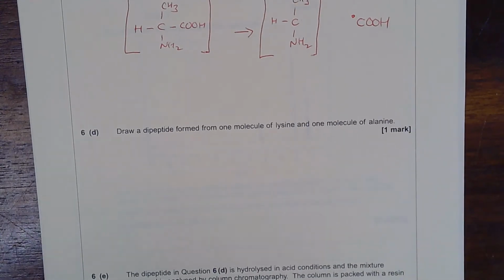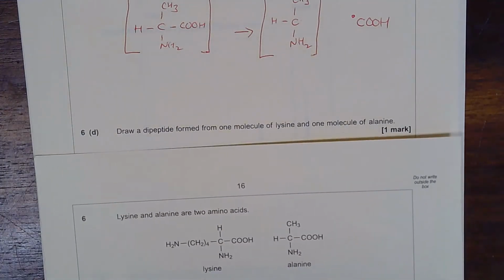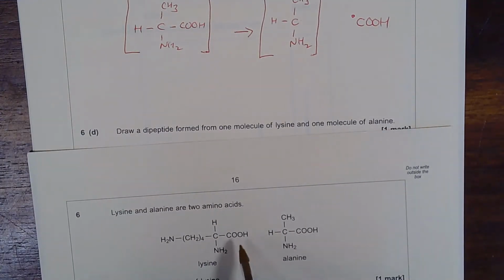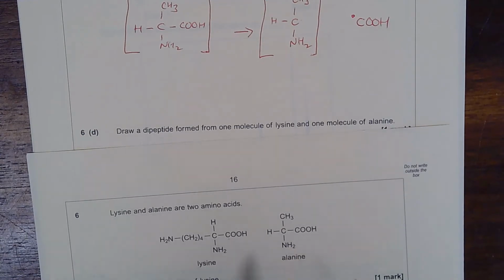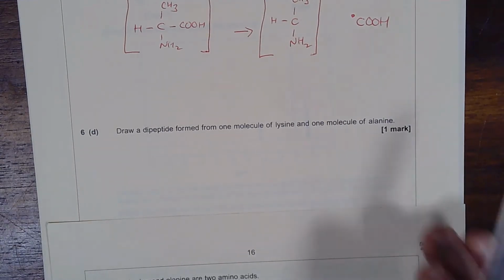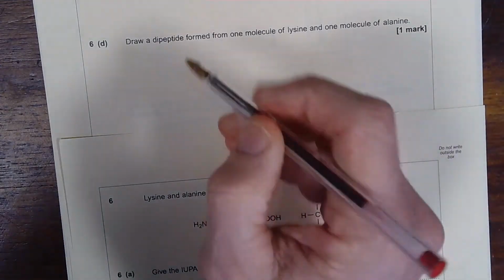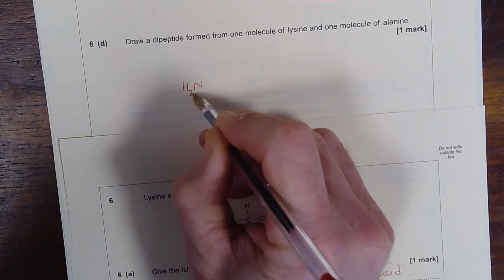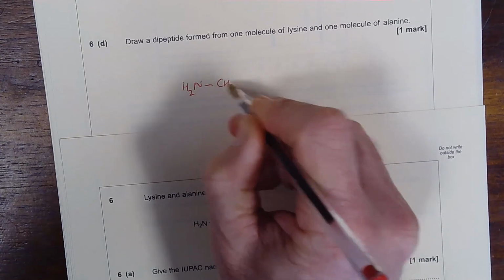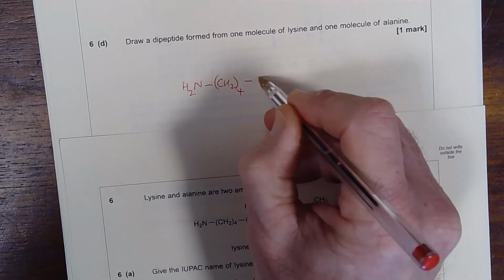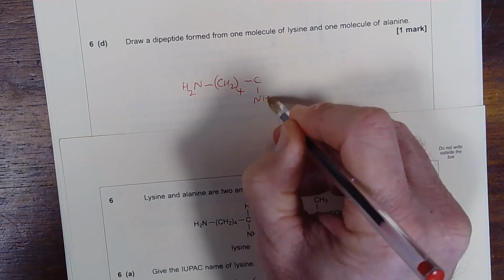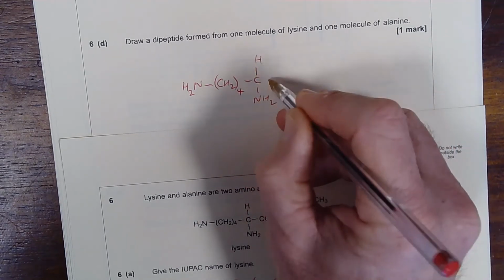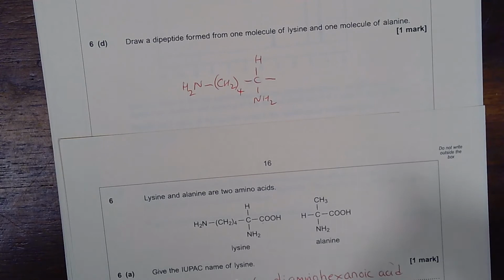Draw a dipeptide from 1 molecule of lysine and 1 molecule of alanine. So again, where we have these two, a very simple thing to do would be to combine the carboxylic acid group there with the amino group there, for example. So all we would do to show a structure would be to draw out the lysine, NH2, CH2 4 times, C, NH2, H, and then we have the reaction between the carboxylic acid and the amino group,